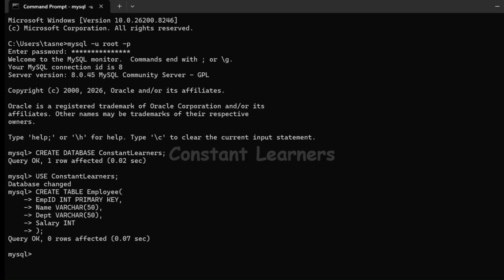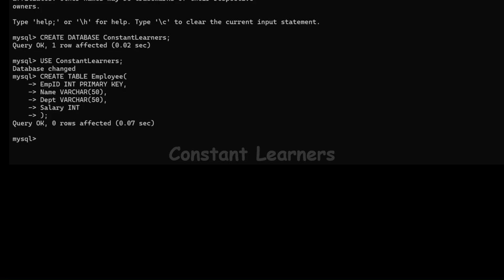Alright, so we've created the skeleton, the structure of our table. Now we need to fill the data inside this table. Again, to insert the data, we use the keyword insert into. Then we put the name of our table, which is employee. Again, whatever name you have given, you can use that name. And one more keyword that we need to use here is values, because we are inserting the values in each row. Alright. We push enter.